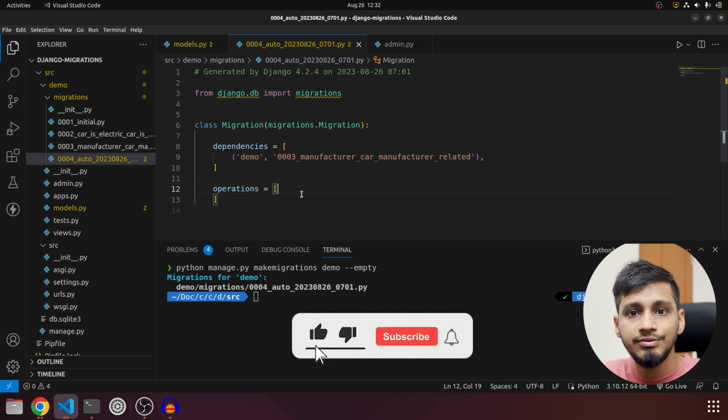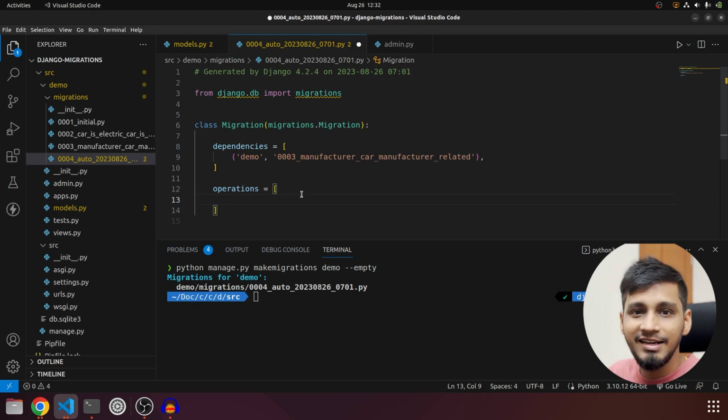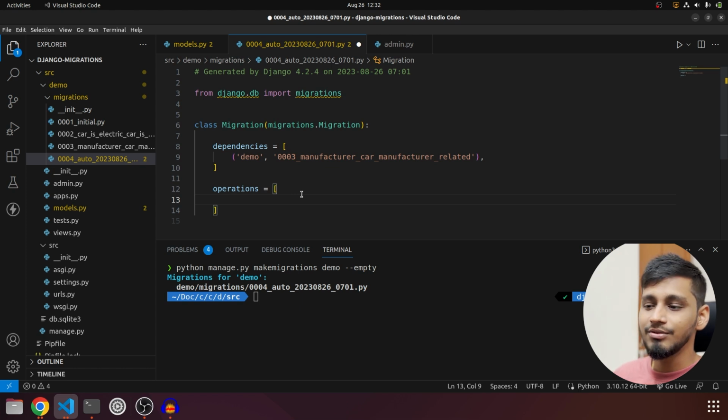Otherwise, the second way is we can also specify what it should do when this migration is unapplied. So basically we are going to copy all data from the manufacturer to the manufacturer table when this migration is applied. Now when we unapply this migration, we will remove or delete that data. So to do that, we'll write the code. First we'll write for noop, that means when reverse migration is applied, it will do nothing. But before that, let's write code for this 0004 migration.